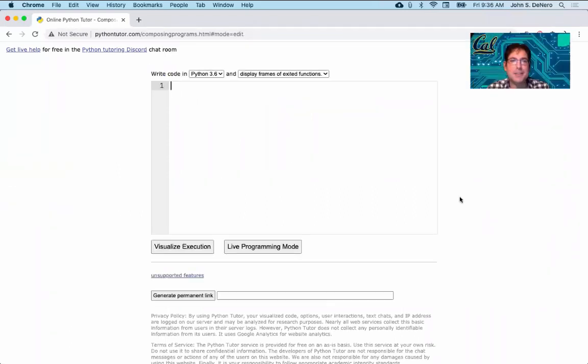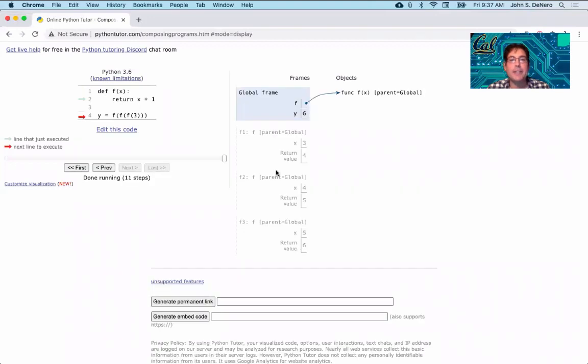Yeah, great question. I'm going to show you a simpler example of the same thing, I think. Here we're going to compute Y equals F of 3. So what is this going to do? Well, F adds 1 to things, so we're going to add 1 to get 4, add 1 to get 5, add 1 to get 6. When you visualize the execution, you see F1, F2, and F3 all appearing,